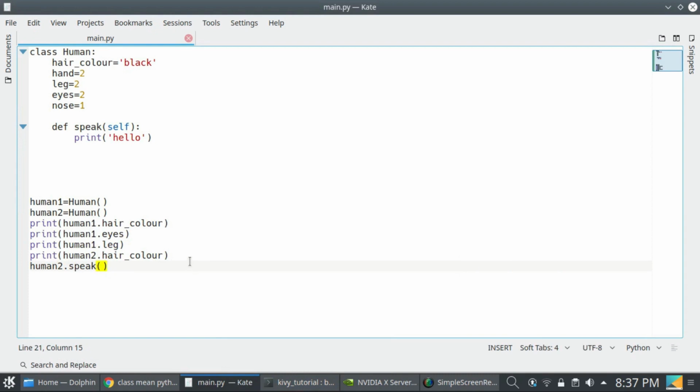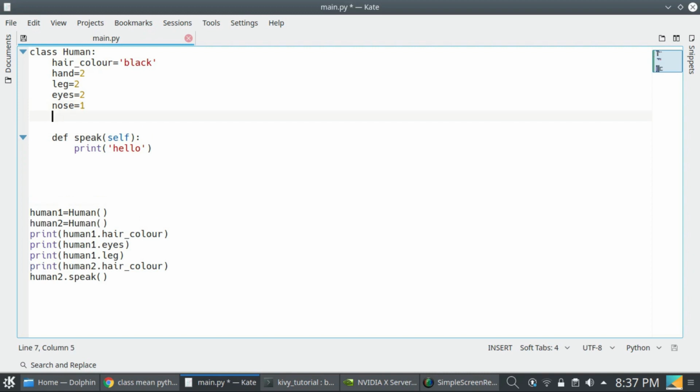Now let's introduce a constructor in the class. A constructor means when you create the object, a method will be called automatically.